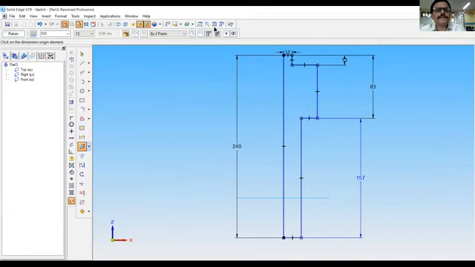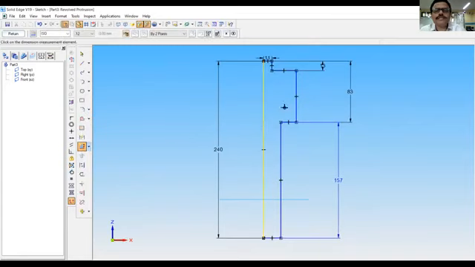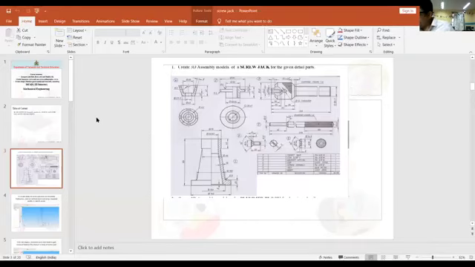Let us place it here, symmetric diameter between this line and this one. You see here, the dimension is 65.